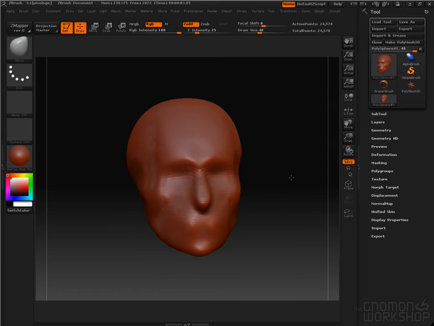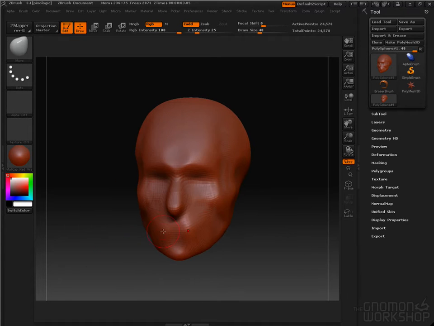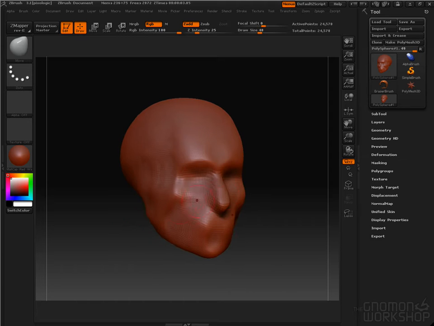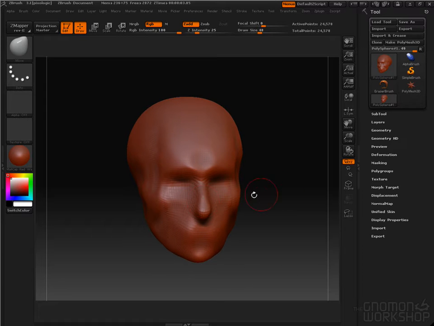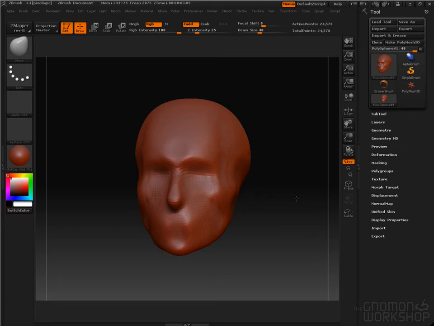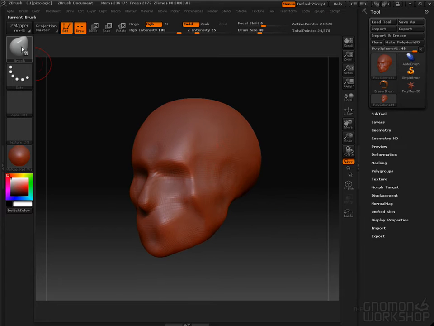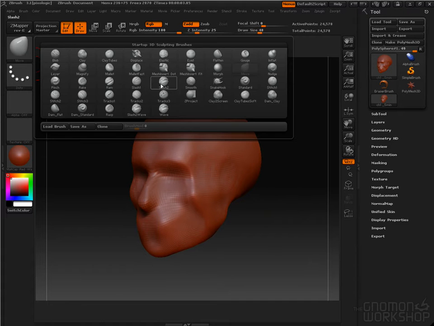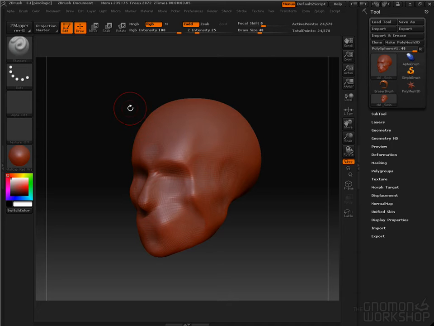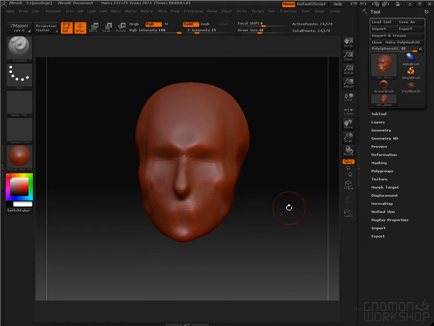But now we're going to want to get in and start taking a look at how we can sculpt lips and all kinds of different parts. And we'll look at many ways to do that. But the first way that we need to really look at is going back to the standard brush. So again, I click the brush palette, click on standard, and now let me introduce you to the most important